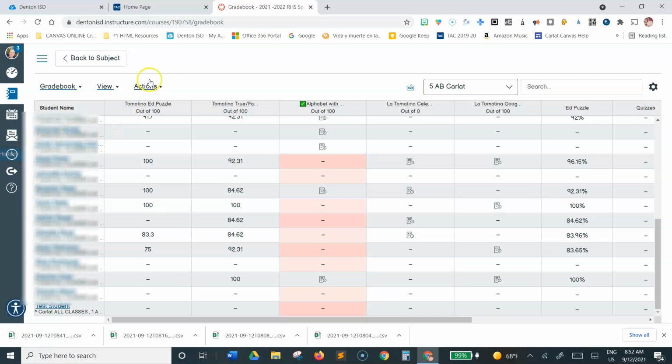Right, here's how we export our grades from Canvas into TAC. What you want to do is export the gradebook, and it exports it as a CSV. I will pause after each step, but the one thing I want you to know is that you can use this same format, whether it's Google Sheets